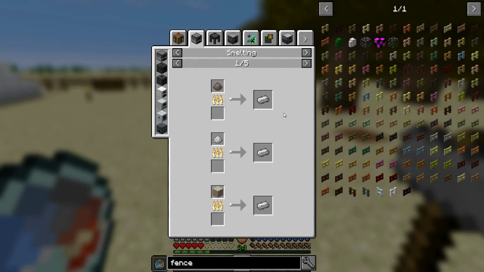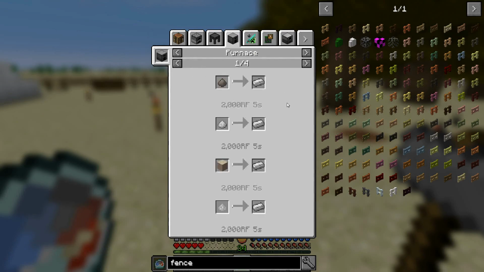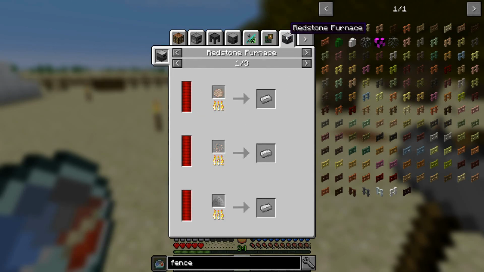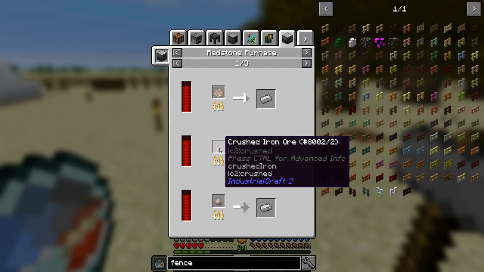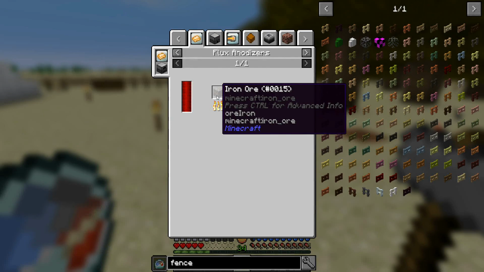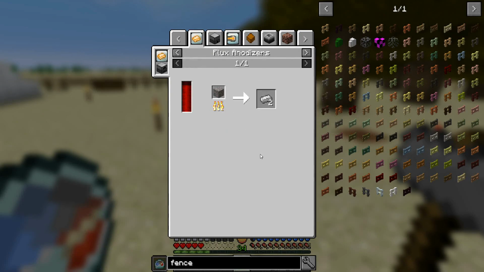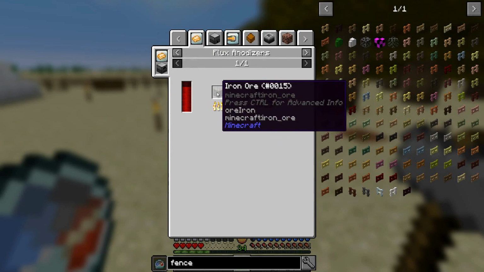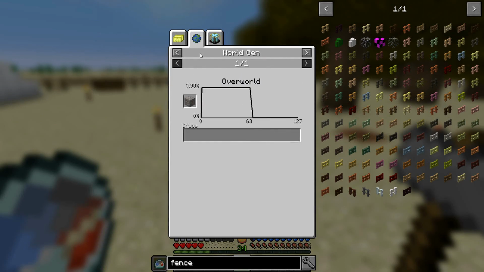So, is there anything here that has a possibility of giving us 2 ingots other than that? Oh. That is painful to see. Okay, so the crushed iron ore from Industrial Craft, I don't know if we can do anything with that. Yeah, see, all of these things for thermal expansion that will double up the ores, they all require actual iron ore. I guess void ore miner? That's about...